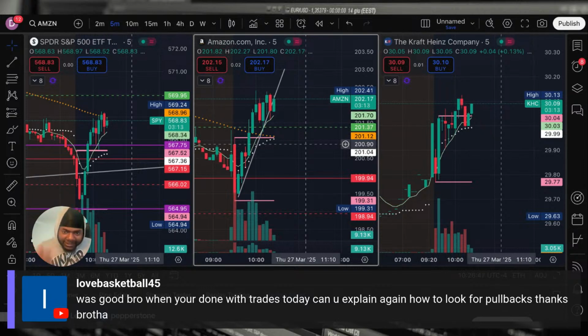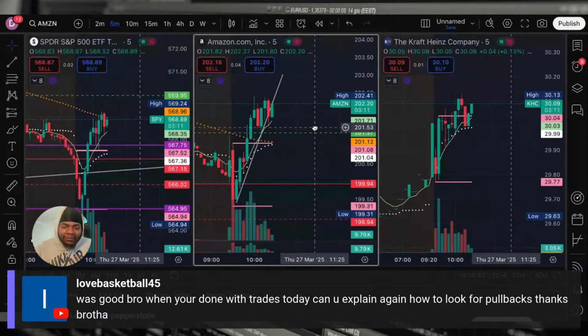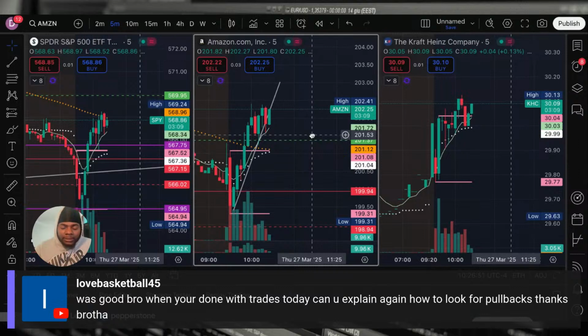You're just gonna start seeing the same kind of setup every day. Well, not every day, but the majority of the days. Trust me, if you hit real big on a stock, you're gonna remember that setup. That's why some of the setups I take, it's no hesitation when I get into the play, because I already made money off a setup just like this. You know what I'm saying?